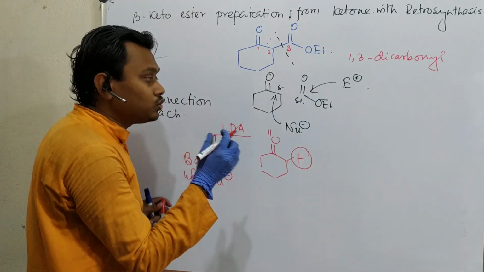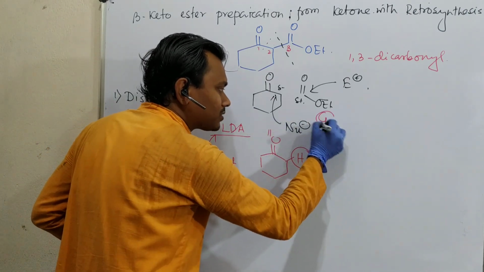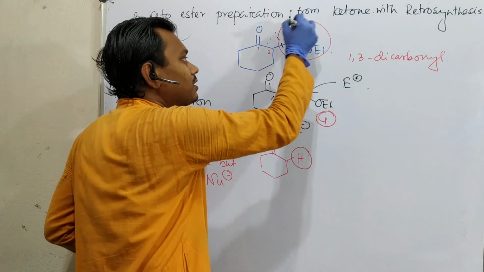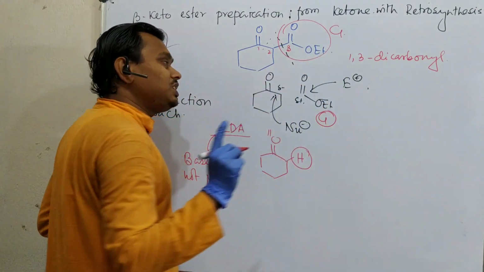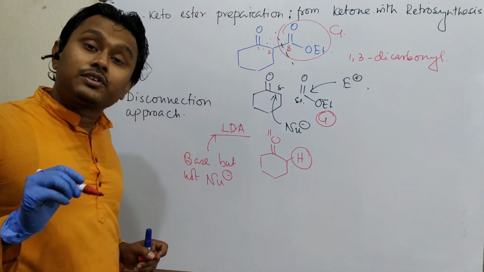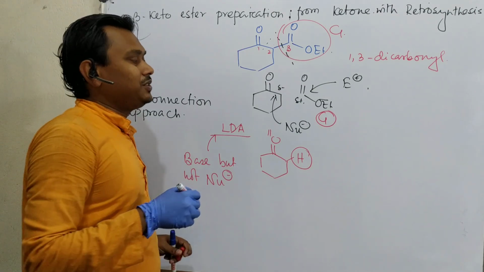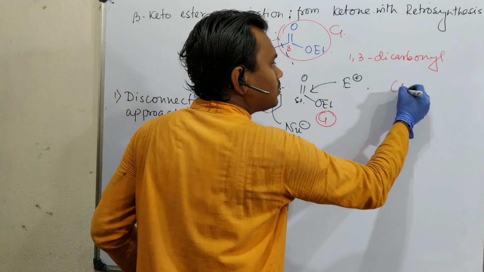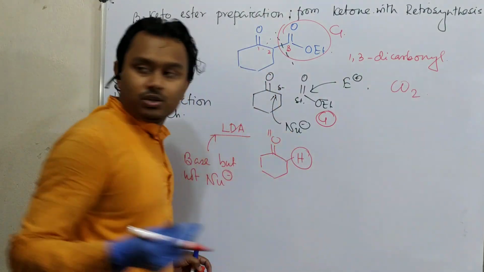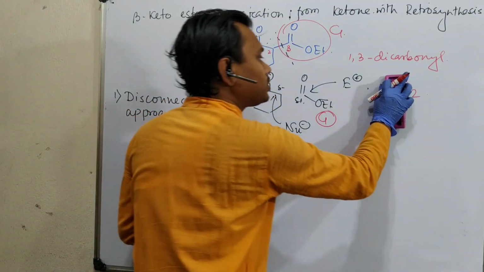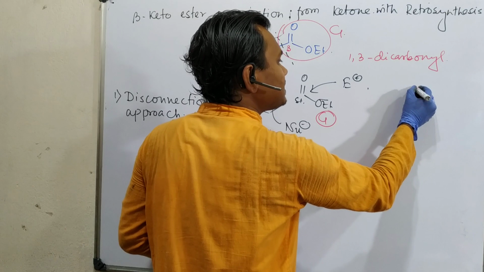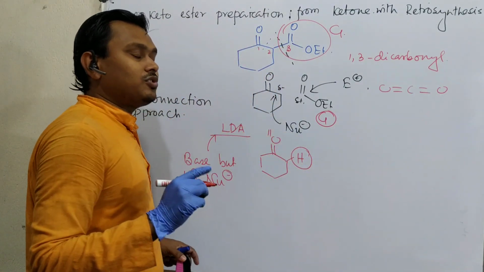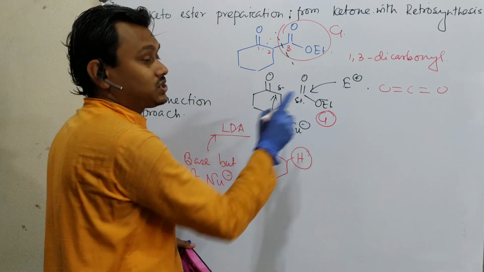Now see, just look at this. It is a C1 synthon, 1 carbon synthon, and what we are increasing? This part also is a C1 part. So C1 electrophile we need. Generally what comes to our mind instantly if we think C1? CO2. Why CO2? Because if you look at the structure of CO2, then you can consider that carbon dioxide is this, but if you react this with carbon dioxide, it will result in carboxylic acid, not ester.